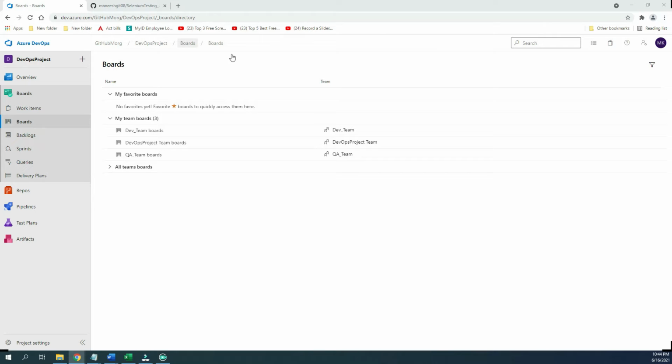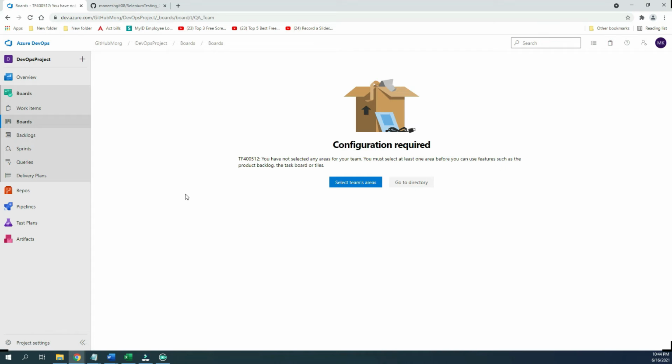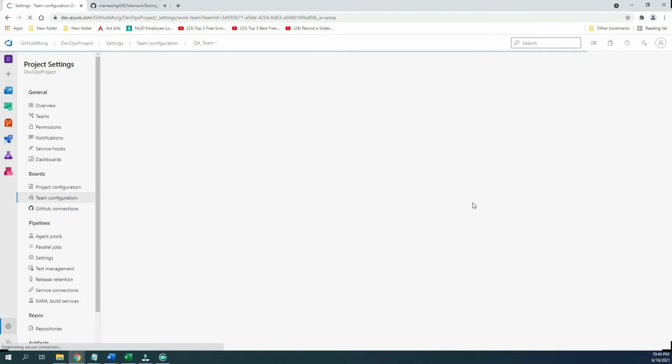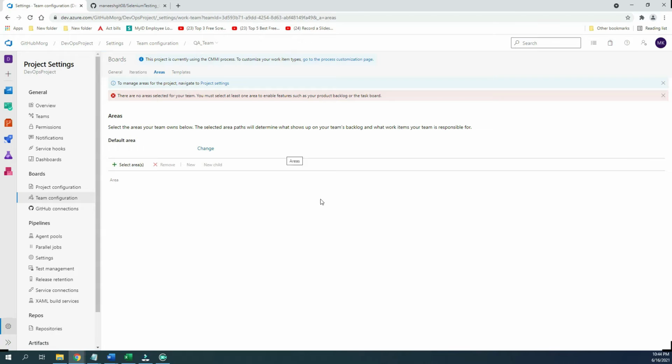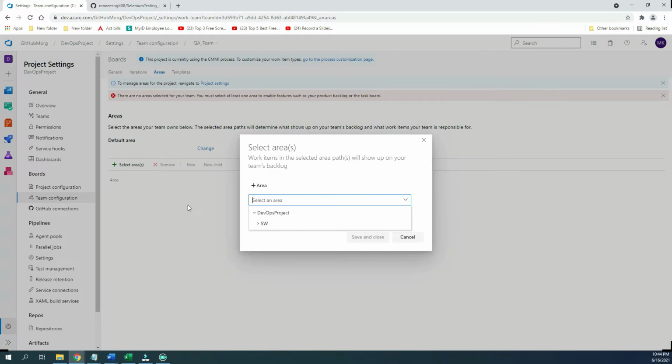The reason is I have to select a particular board. I want to work with my QA team, so let's select the QA team board here and select the team areas. It is a required one. So first go here, which team area you want to select. I want to select it from the India Gmail QA team.